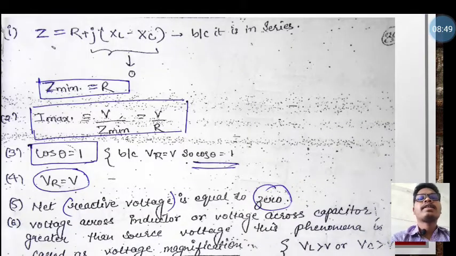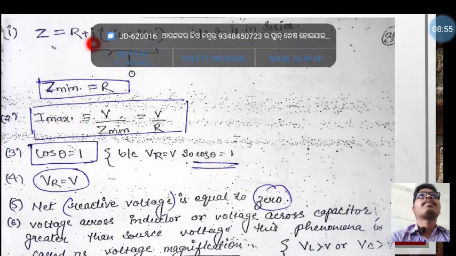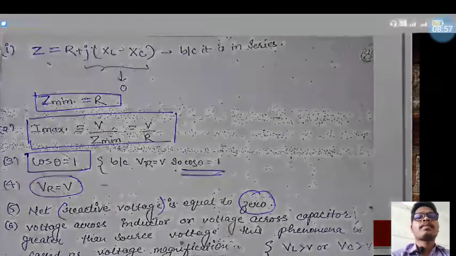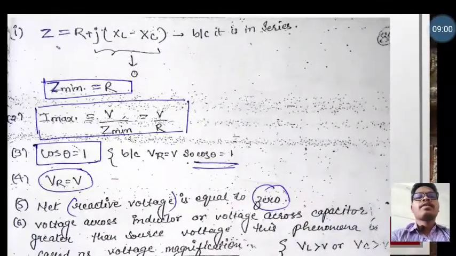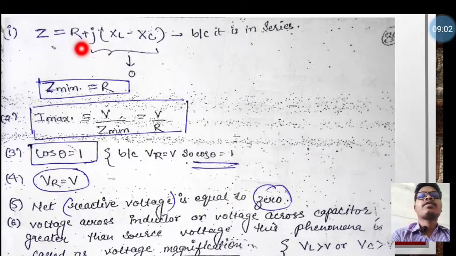Now come to the next slide, that is impedance. Total impedance is equal to all the reactive elements and the resistance. So total impedance is equal to R plus j(XL minus XC). This is the resistance, inductive reactance and capacitive reactance. We have already known that the inductive reactance and capacitive reactance are equal and in opposite direction to each other. So XL minus XC is equal to 0, and only R is left, so impedance is equal to resistance because they are in series with each other.